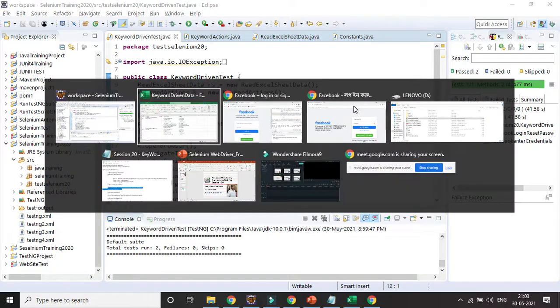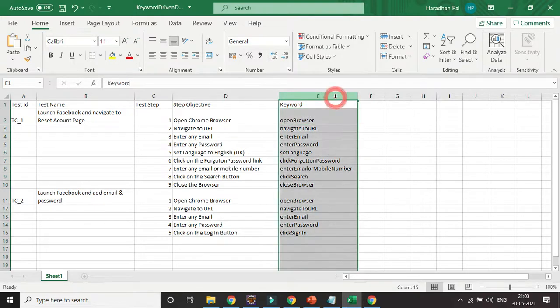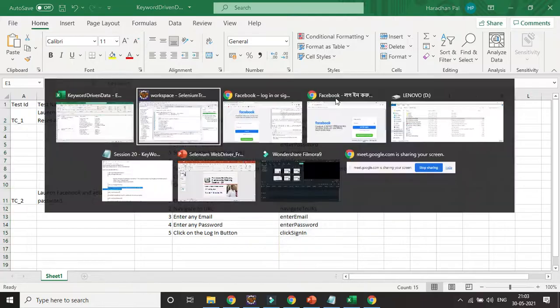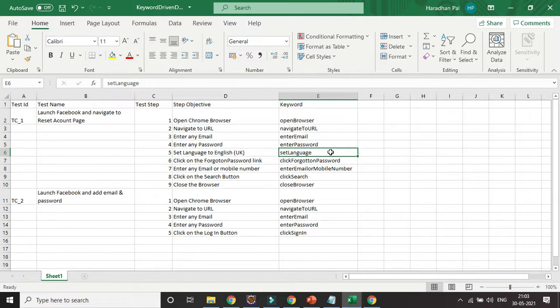Whenever I give you more information on how to start everything from scratch for the hybrid framework with the help of the page object model, you can vary the different data combinations with the help of data driven, and you can also read the data from the keyword. So both things will be there. Hybrid is nothing but a combination of keyword and data driven framework, where you will be using page object models, and we will be adding all the references of XPath, ID, and so on, and reading from there. So it is more systematic than keyword and data driven. That is the reason hybrid is more relevant in the market, and it is used mostly.